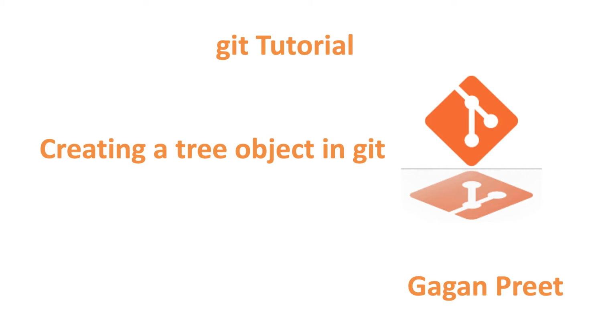Hello everyone. In this session we are going to talk about tree objects in Git. In previous sessions we have seen how to create a blob object in Git, and we have also seen how many types of objects there are in Git. For those who are not aware of these kinds of objects, please go back and review my previous sessions. It will give you a fair idea about the kinds of objects Git supports and how to work with blob objects. In this session we will mostly cover the tree object.